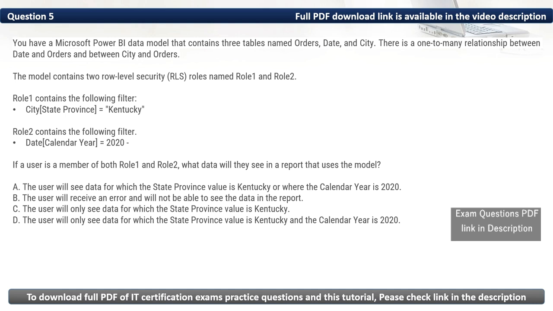Role 1 contains the following filter: city[state province] = "Kentucky". Role 2 contains the following filter: date[calendar year] = 2020. If a user is a member of both Role 1 and Role 2, what data will they see in a report that uses the model?